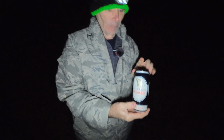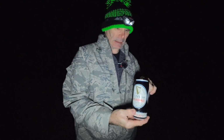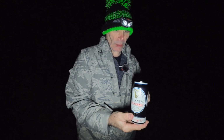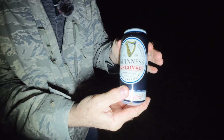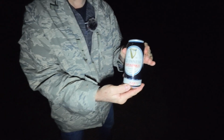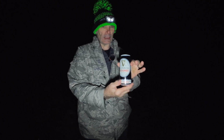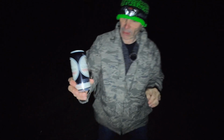But to be honest, Guinness out of cans I never used to like, but that is nice. That tastes kind of more like draft to me. It's not too fizzy. That's an extra stout. I don't know if that's the normal Guinness or not. I'm not sure. But if you're a Guinness aficionado, you'll know. But that's very nice, and that was £4.50 or £5.50 from Asda for 4 tins as well, and they're 500